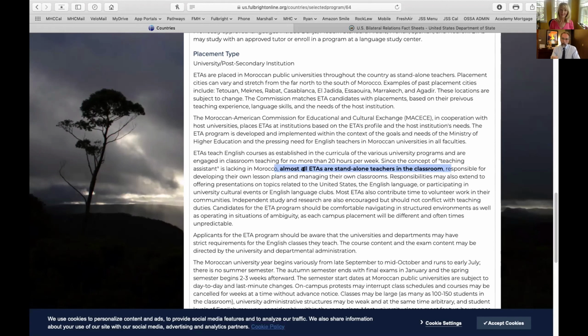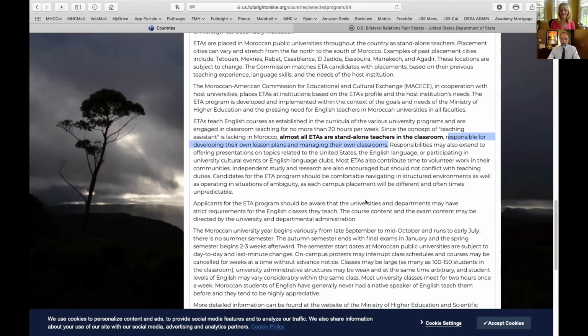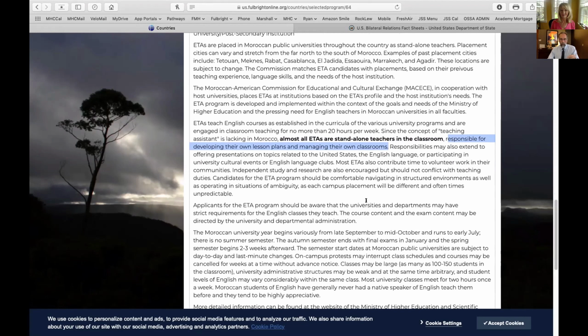But here in Morocco, you're going to be working with adult learners, university, post-secondary institution, and you will stand in front of the classroom and deliver. So it's really important that you know how to develop a lesson plan, that you know what classroom management is all about, that you've done it, especially with adult learners. And that is something to know. If you've got that kind of experience, you've got French, or you've got some Arabic, and you've got some interest in learning French or working on Arabic, then this might be a place that you want to direct your attention to.